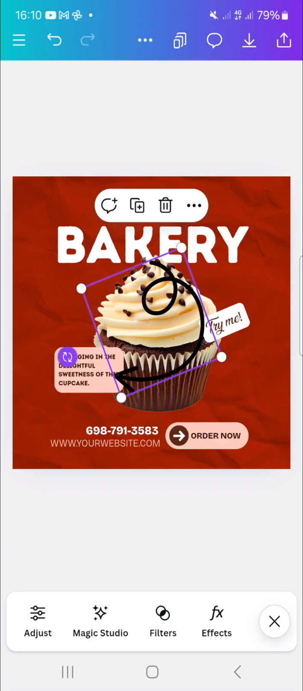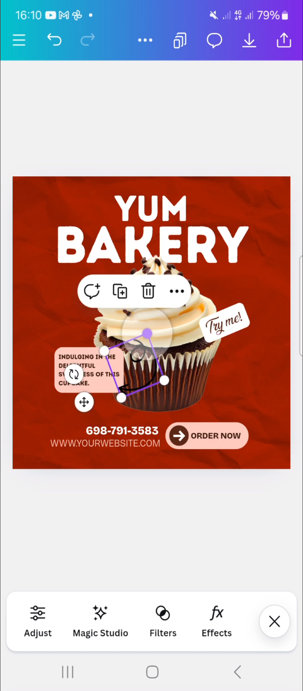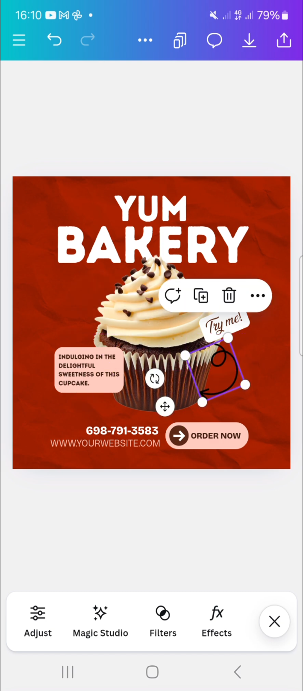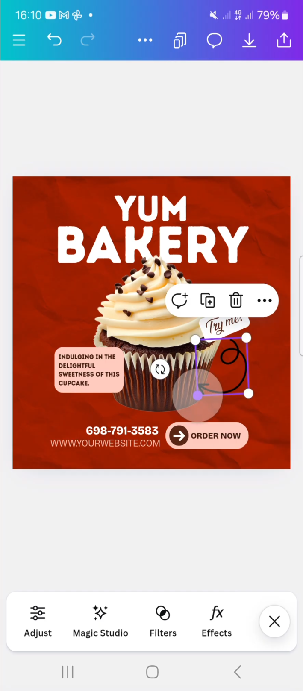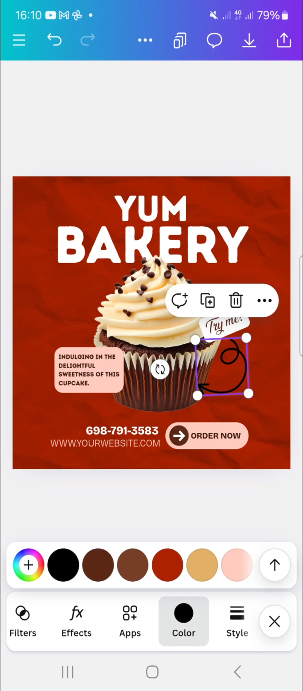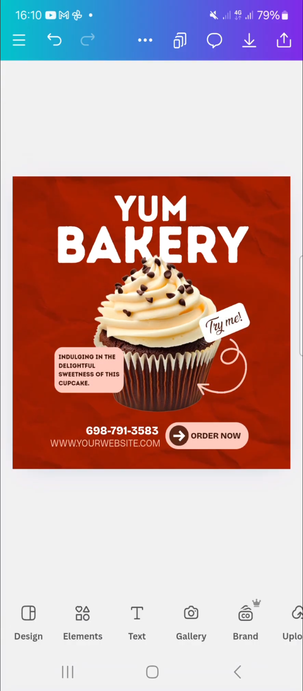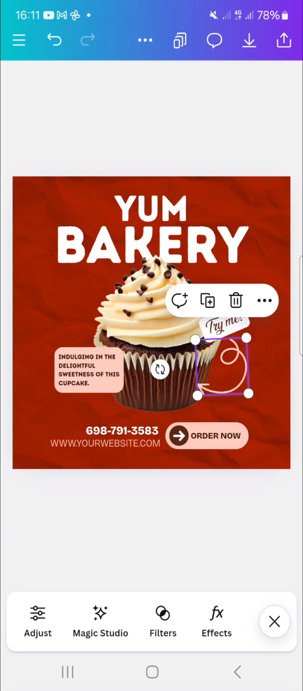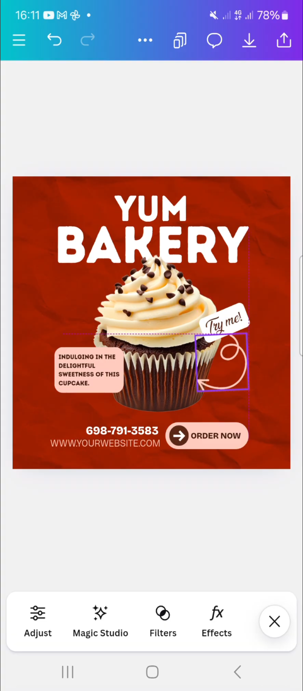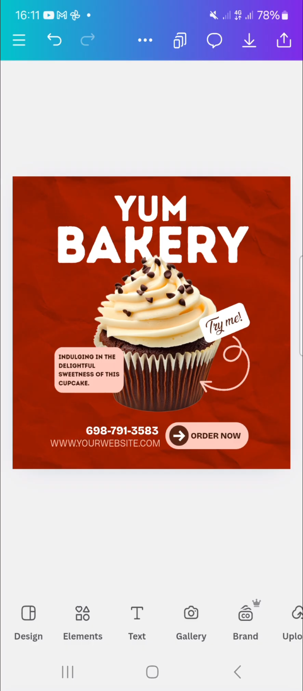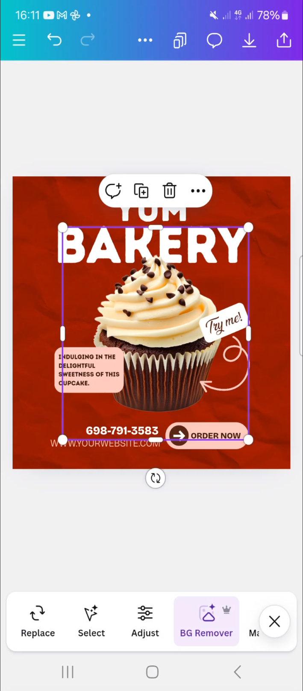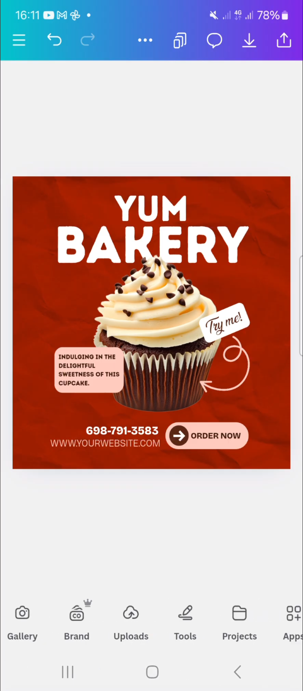We can rotate it from the sides. You drag it down a little bit, rotate it more, and then we can change the color to our bright color. Yes, and that is fine. Take it off a bit. Yeah, that's fine. So if you notice, our cupcake is floating and we want to add something that looks